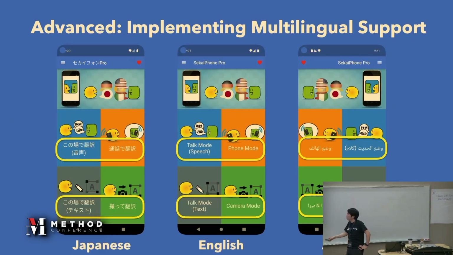Unfortunately, I cannot speak Arabic or any other language, but I'd like to provide this app to Middle Eastern countries. So I utilize these language features, and I'd like to explain how I implemented them.